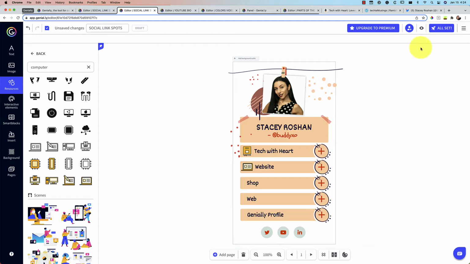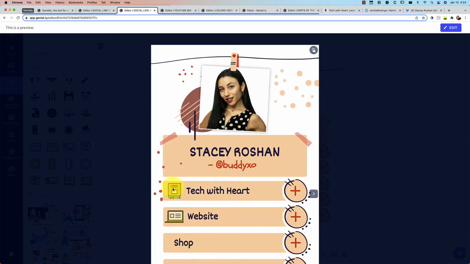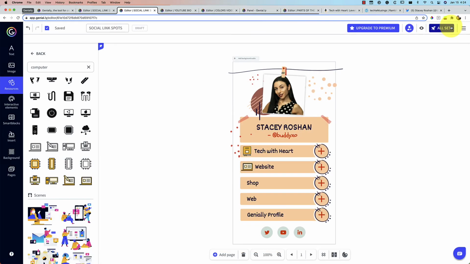And there's my card. To see what it looks like, click on preview. There's a lot of animations going on. You'll see that I didn't add the animations yet to those icons that I added. So this has a bit of work still to be done, but that's a great overview, hopefully.